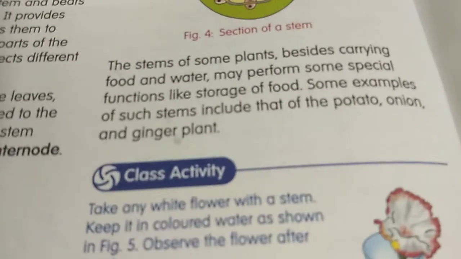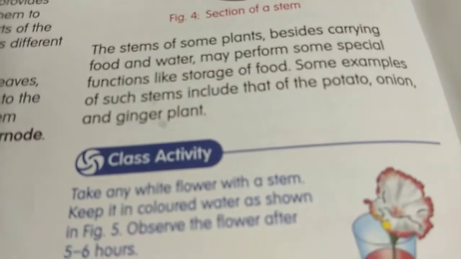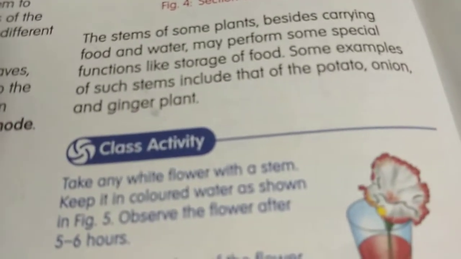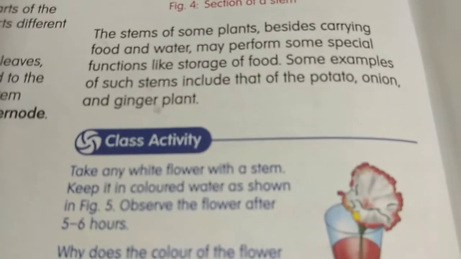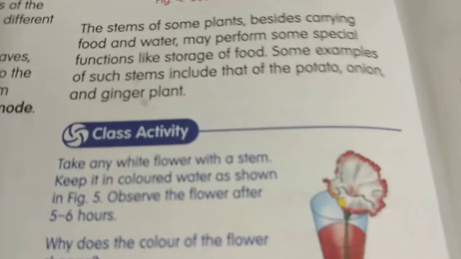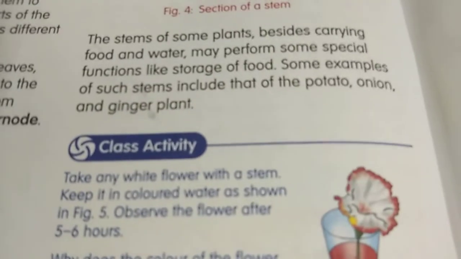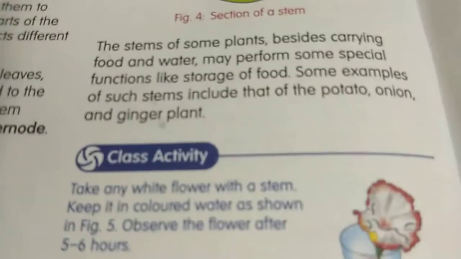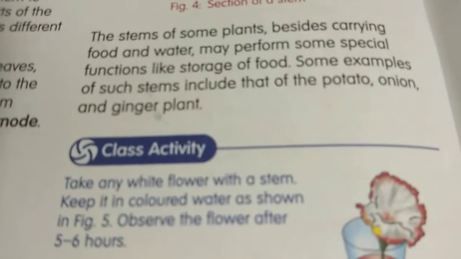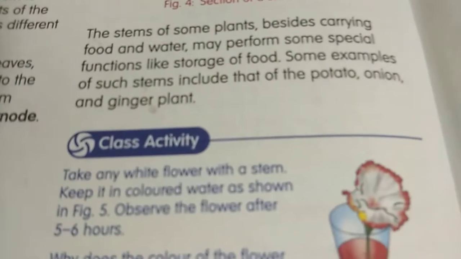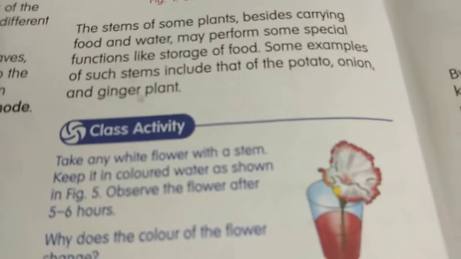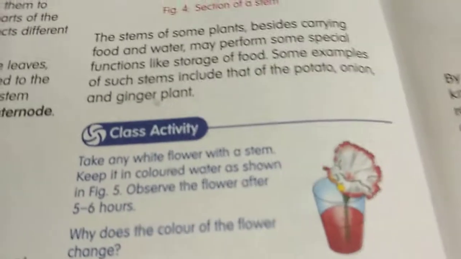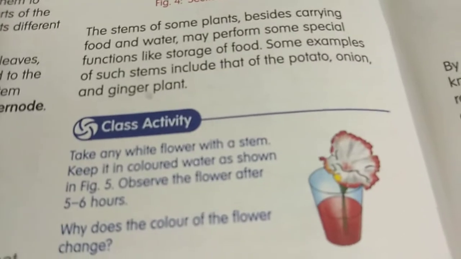So now what we learnt in this lesson: the plant body is of two portions called the shoot system and the root system. And the shoot system has two main parts called node and internode. The place where the leaf, the bud, the flower is attached to the stem is called a node, and the place between two different nodes is called an internode. And three main functions of the stem we have seen. The first function is holding the plant. The second function is conducting.